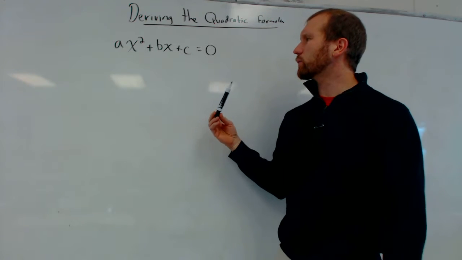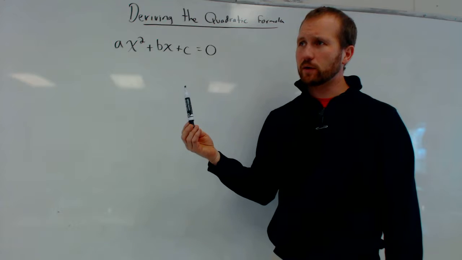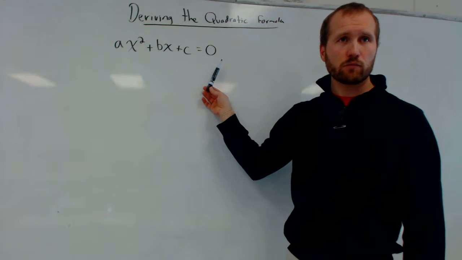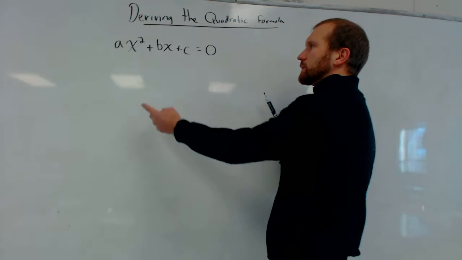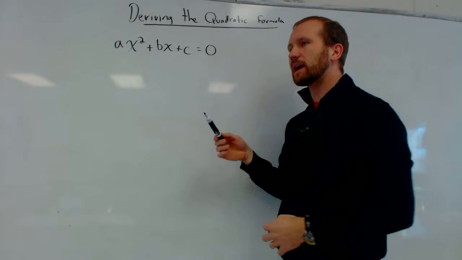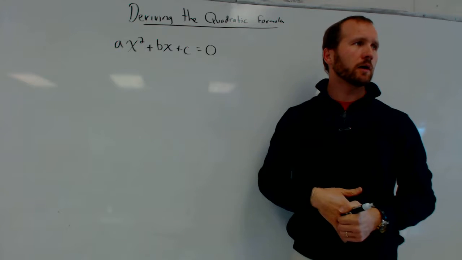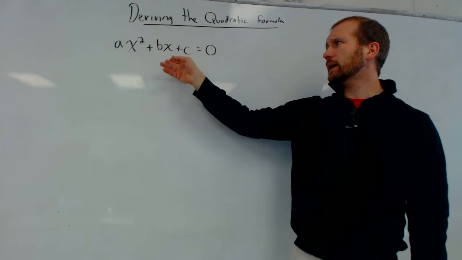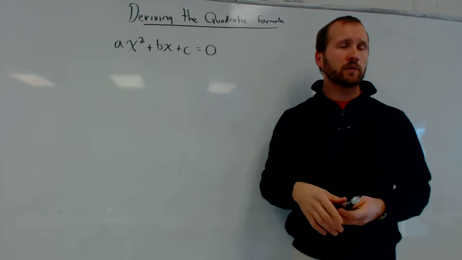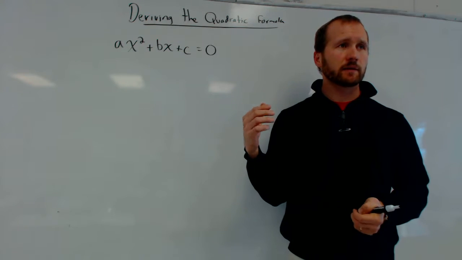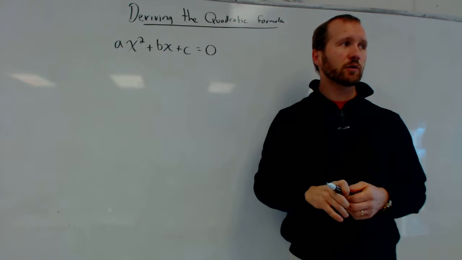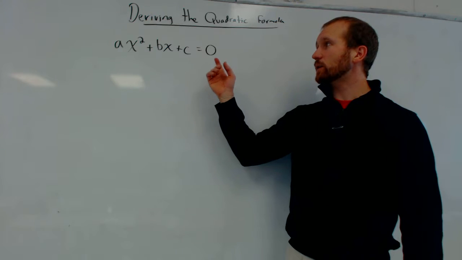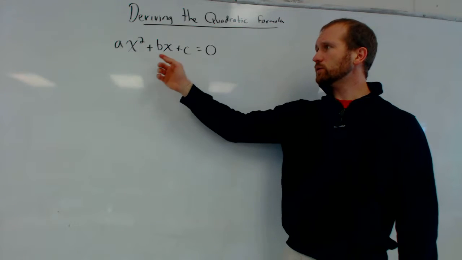We know that through completing the square, we can find solutions to anything that looks like this. Right? Whether it was x squared plus 5x plus 7, or negative 2x squared minus 6x plus 1. We found solutions to all sorts of quadratics. But it's kind of a long process. So, what we're going to do is we're just going to use completing the square to find the solution to